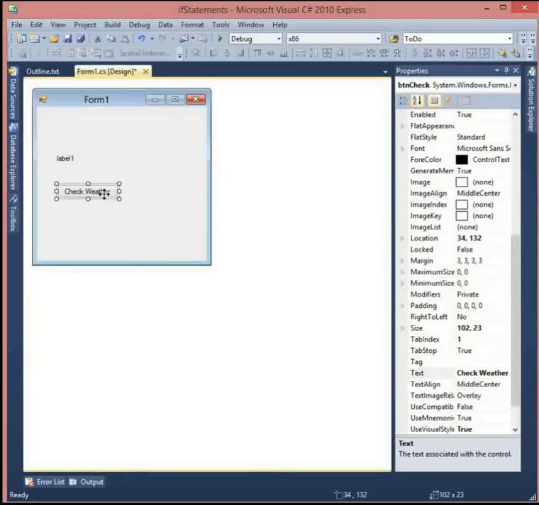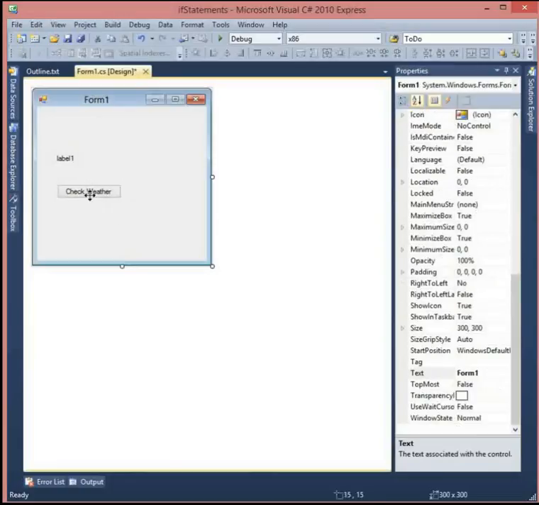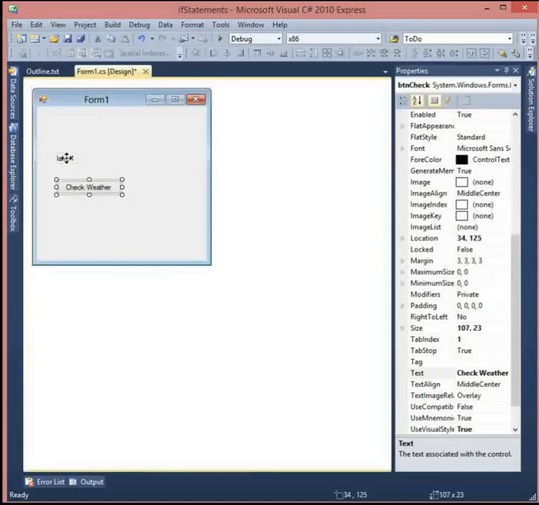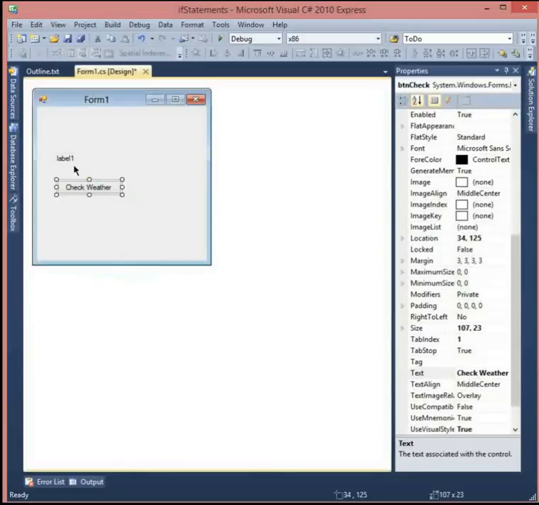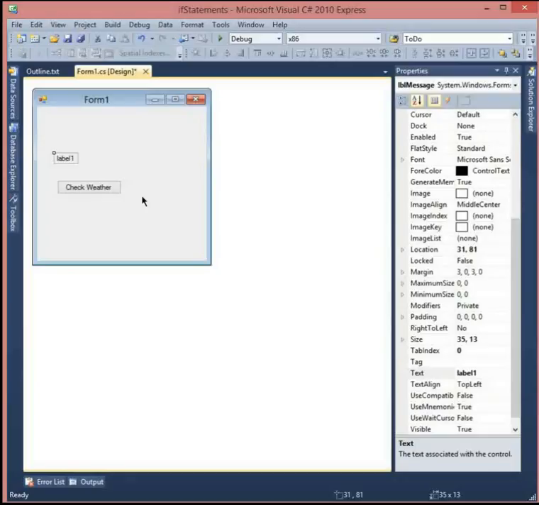Note that the text is too long to fit, so I'm just going to use these handles. You can use these handles to resize the button. So I'm just going to resize this button, so check weather, right? And we'll just leave that text there. That's fine for now. We're going to change that within the code, right? So I have one button, I have one label, and now what I want to do is